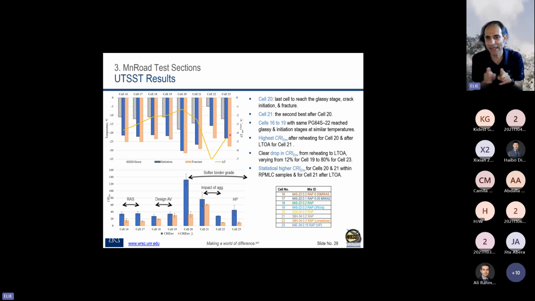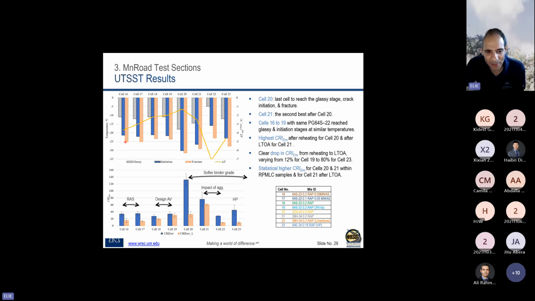If you see that delta T is large, that means when there's initiation, it took some time before it fractured. When you see it, for example, here closer to 1 or 1.5 degrees C, this is telling you that once the crack initiated, it almost fractured right away, or within a degree or so.